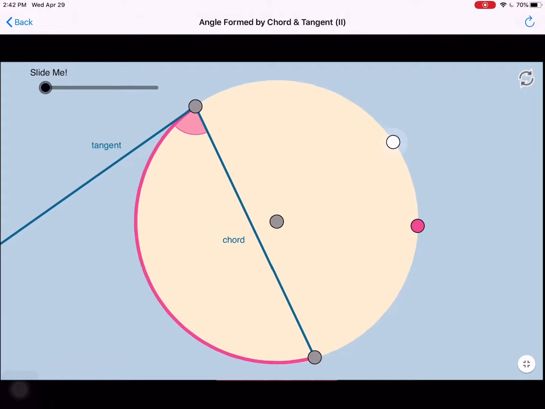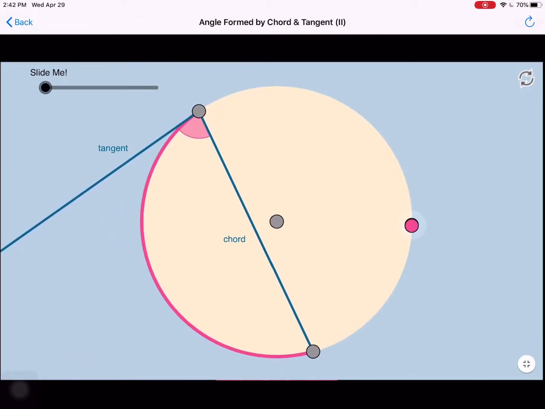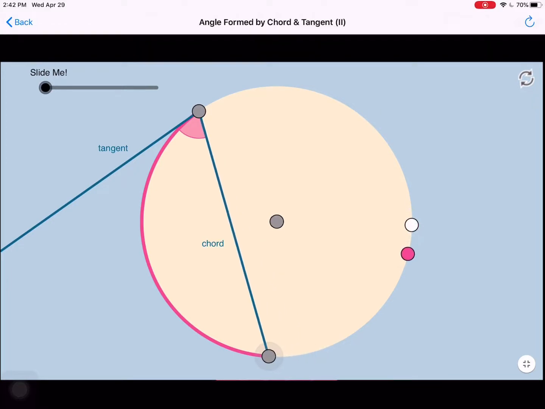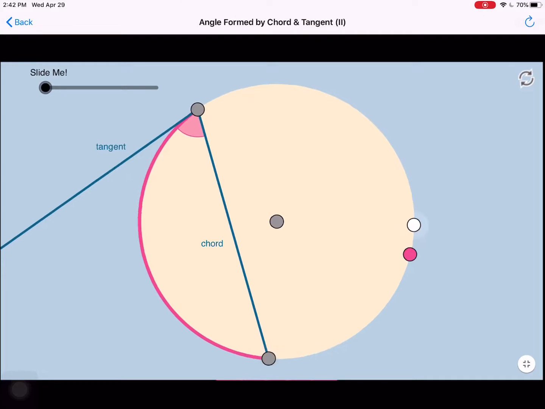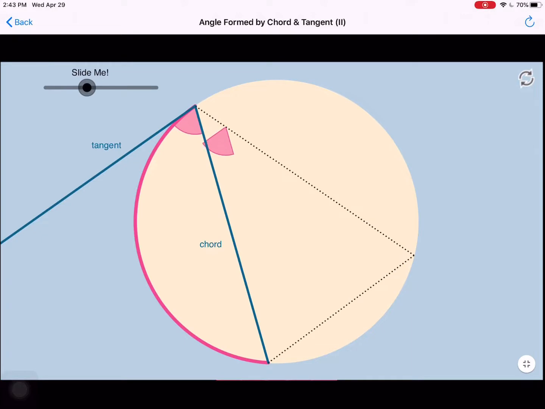The white point doesn't really mean anything, so let's hide that. It only controls the size of the circle, so it doesn't matter for us. What matters is that you are fixing your angle between the chord and tangent at a certain degree. What this theorem is about is, if you think about a point on the edge of the circle, let's say this pink point right here, flashing, and we drag that and measure an angle from one end of the chord to the other end, something like this,